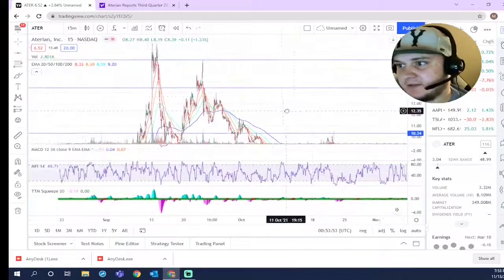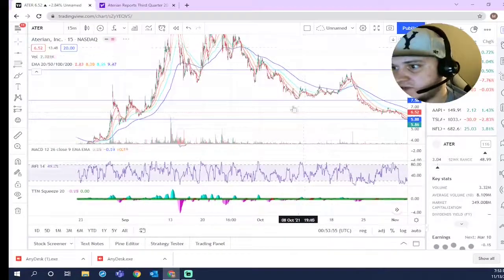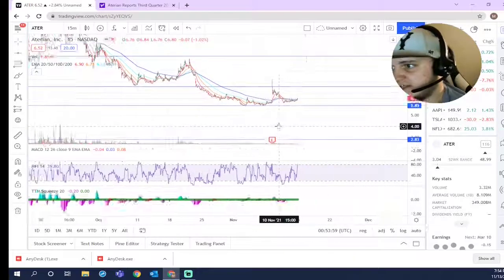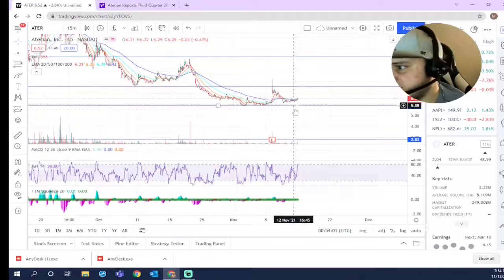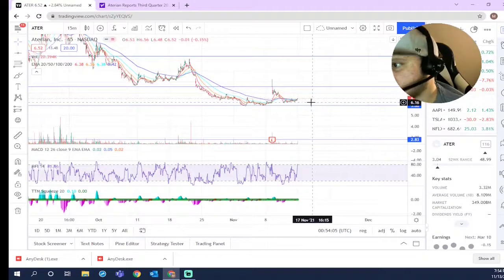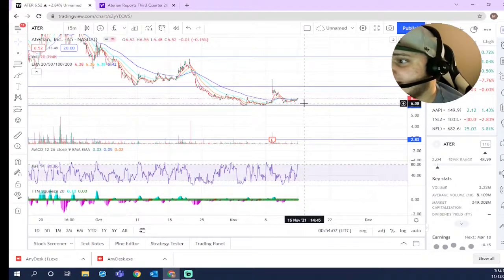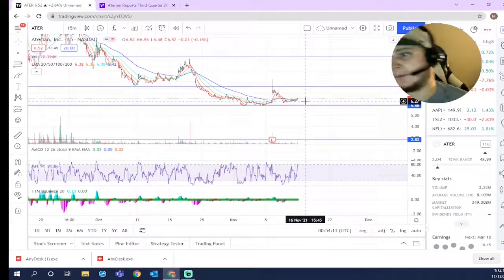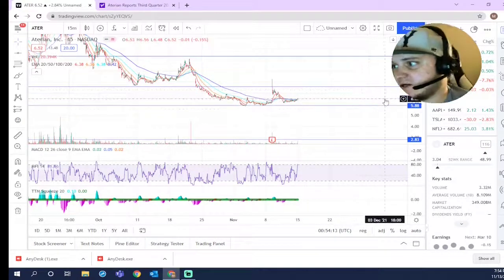We rode a couple of them on the squeeze in the past year, and I believe ATER is due for a squeeze here. I mean, it just bounced off of this support perfect, had that good earnings pop, and then it sold off almost completely. So I'm in ATER right now. I'm looking to hold it probably 3-6 months, depending. And my price targets are